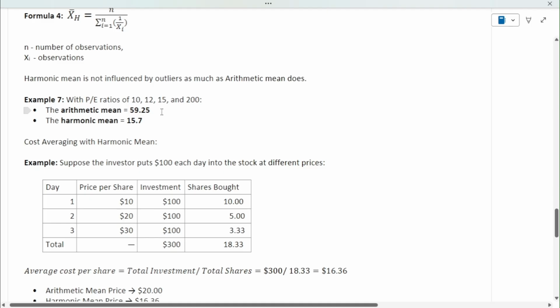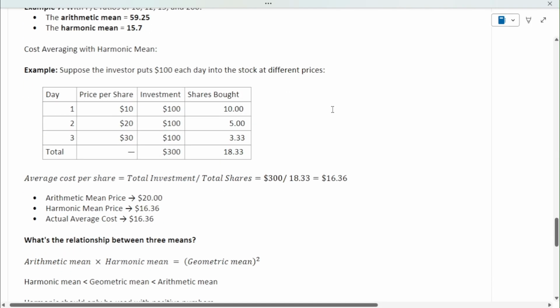And we see that arithmetic mean is 59.25 and harmonic mean is 15.7. It is normal because arithmetic mean is heavily influenced by this 200 value here, but harmonic mean gives less weight to 200. Another use for harmonic mean is cost averaging, where you want to find out if you would invest a fixed amount into a stock, and then you would want to calculate your average cost